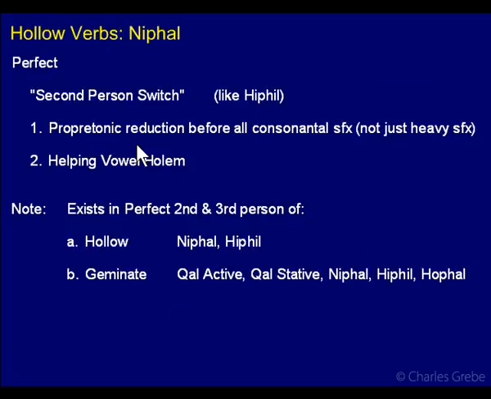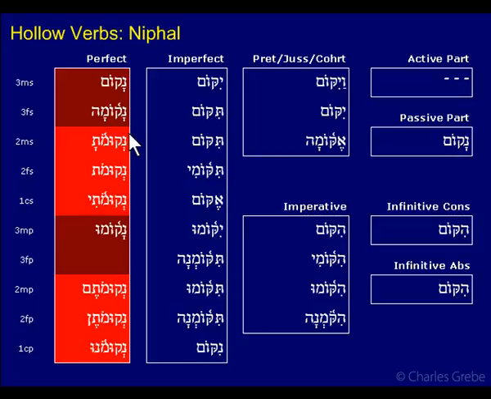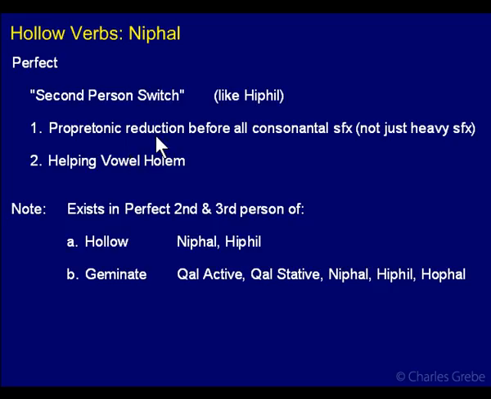Okay. So what do I want to say here? What have I said? Second person switch occurs in the perfect, just like the Hiphil and other forms that we've seen. And what this amounts to, normally, so far, is a change in the theme vowel, usually reduction. But in addition to that reduction of the theme vowel, we have 2 other things that happen in the Niphal. The first is pretonic reduction. This is that qamets before all consonantal suffixes, not just the heavy consonantal suffixes, not just the CVCs, but the CVs as well. So that's, if you don't follow the terminology, this first one here, okay? Qamets to shva. That's this point.